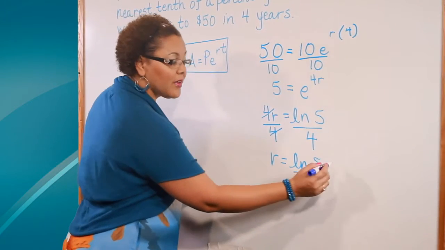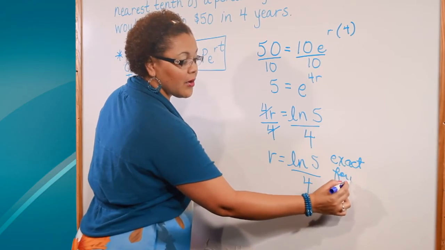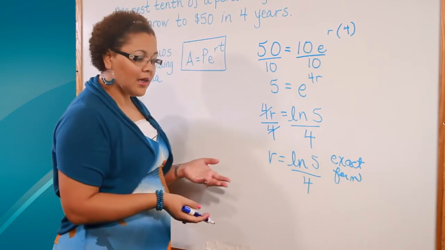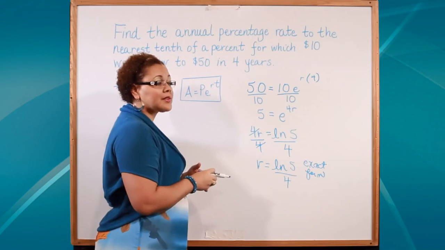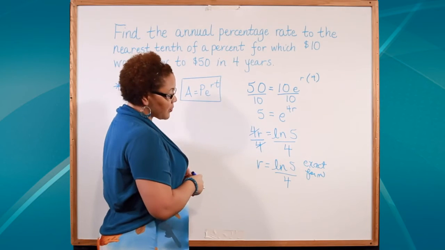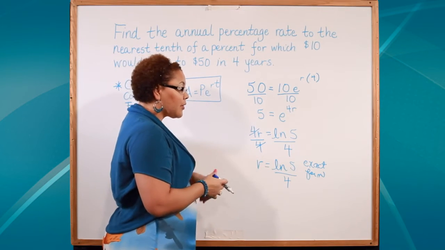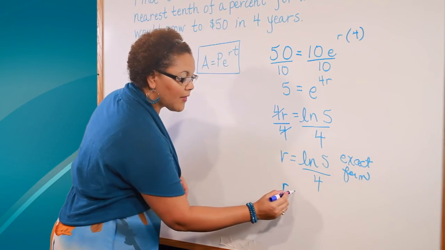This is what we call the exact form, and sometimes it's okay to leave your answer in the exact form when you're working with logarithms. However, in our problem, we were specifically asked to find the annual percentage rate to the nearest tenth of a percent. So if you take your calculator and evaluate the natural log of 5 divided by 4, we'll find that r is